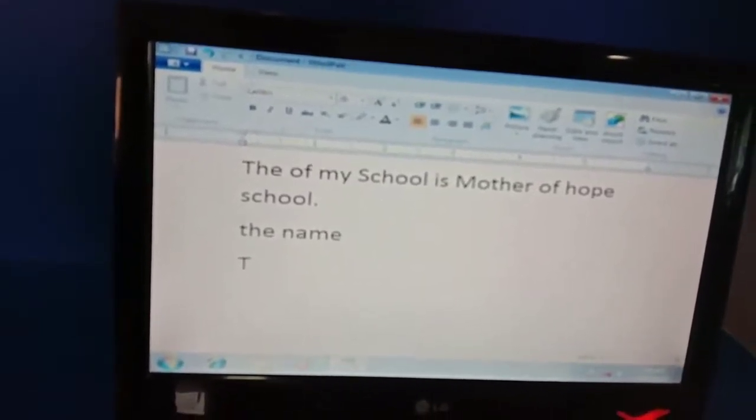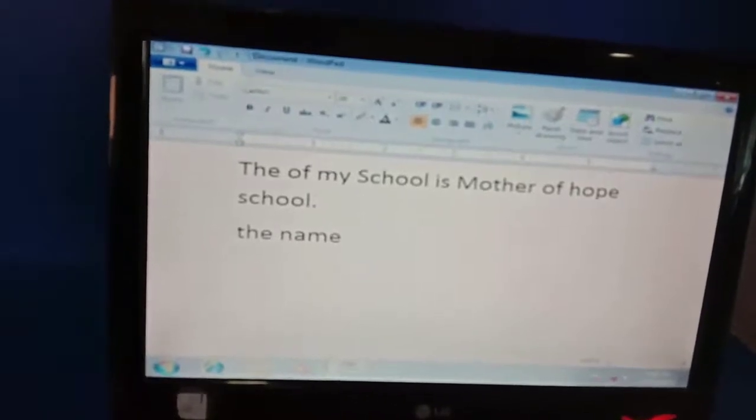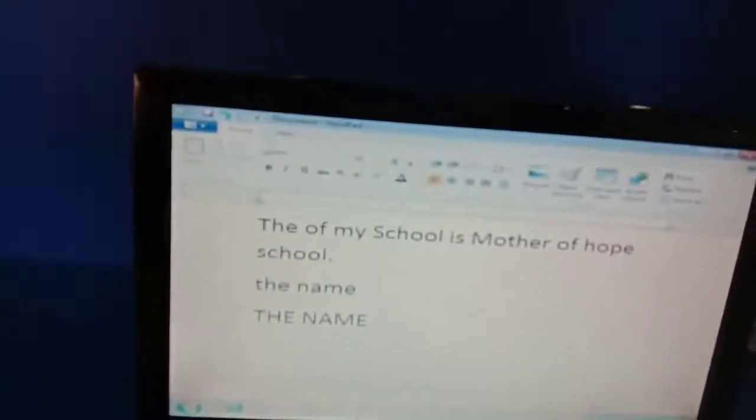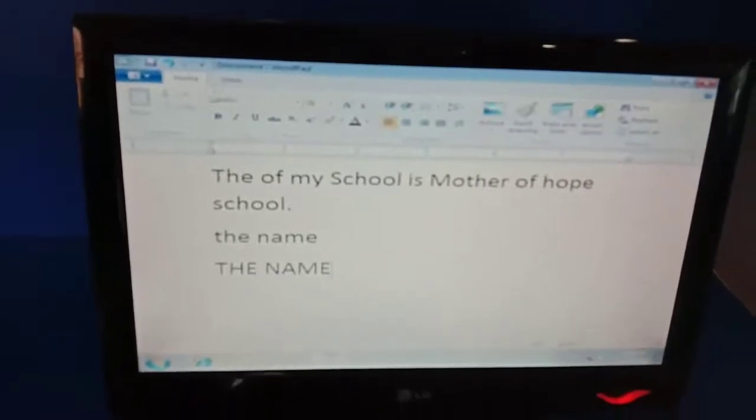Then what is the work of the caps lock key? See, if I want to type everything in capital letters, just press your caps lock key here, your light will glow here. I have pressed once, now I have pressed again, it is off. Once you press again, it will be on. Now you type, everything will be in capital letters. T-H-E, the, N-A-M-E, name. See, it is coming in capital letters. Okay, that is the work of the caps lock key.